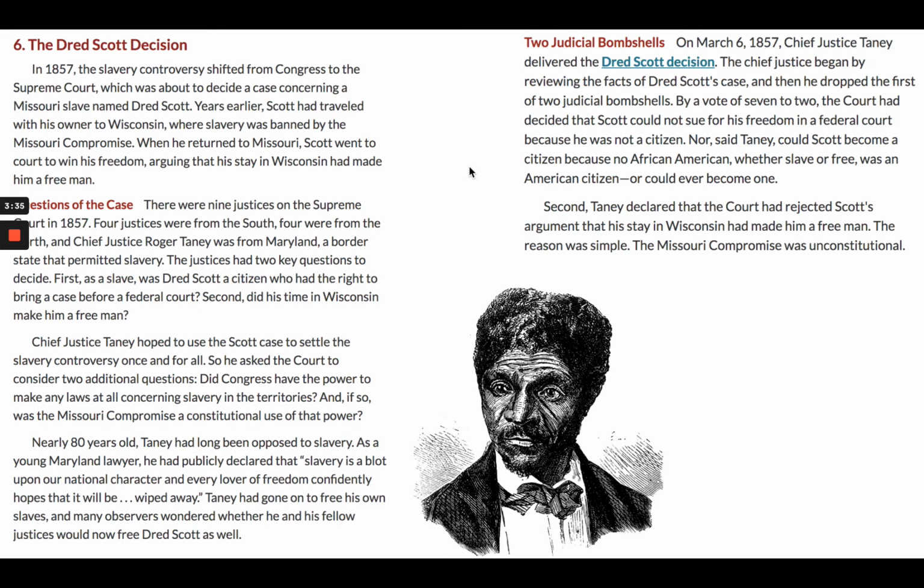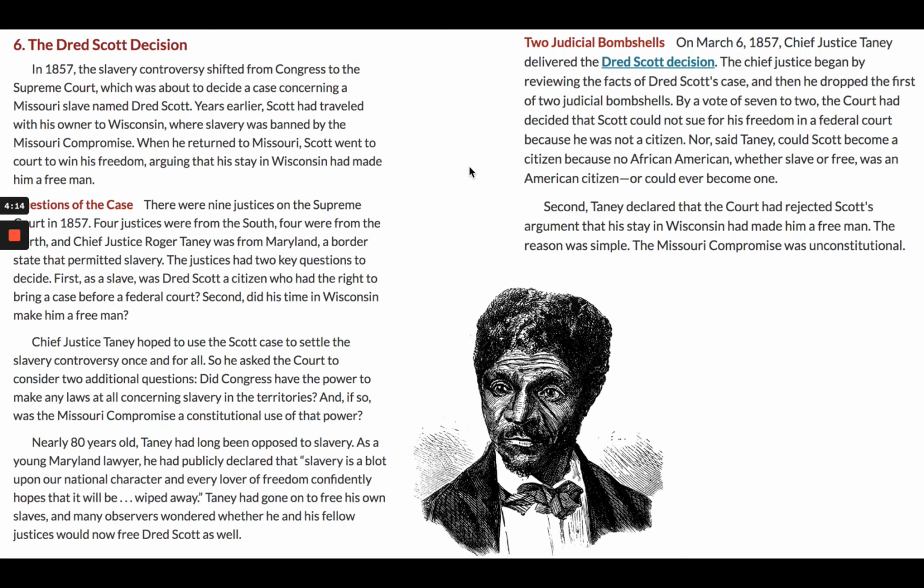Taney had gone on to free his own slaves, and many observers wondered whether he and his fellow justices would now free Dred Scott as well. 2 judicial bombshells. So, on March 6, 1857, Chief Justice Taney delivered the Dred Scott decision. The Chief Justice began by reviewing the facts of Dred Scott's case, and then he dropped the first of 2 judicial bombshells. By a vote of 7-2, the court had decided that Scott could not sue for his freedom